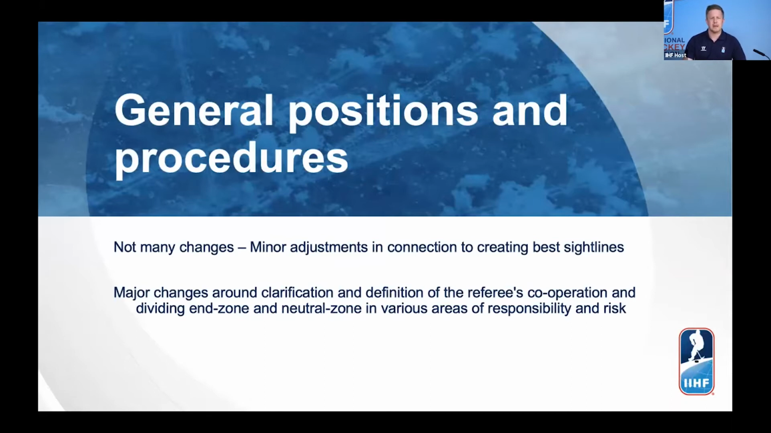This is mainly that we have the goal that the referees should have the best sightlines to make the best decisions, regardless of what's happening on the ice. And the major changes are mainly around clarifications and definitions in the cooperation between the referees. And that's why we are dividing end zones and neutral zones into what we call areas of responsibility and areas